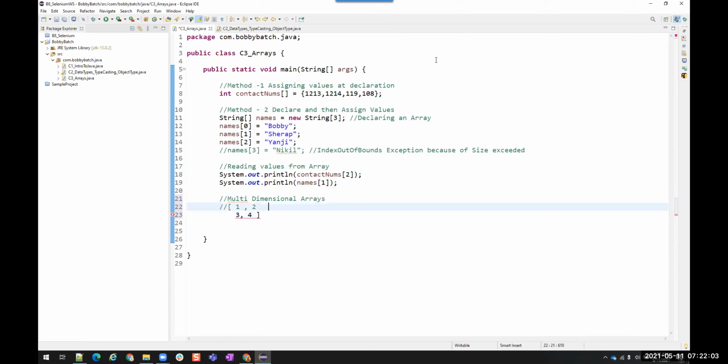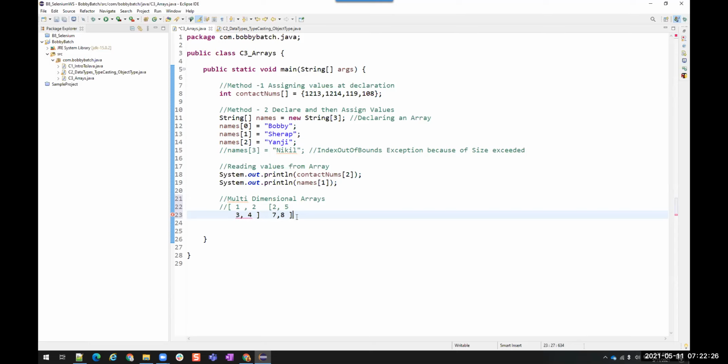Then you'll have another matrix, 5, 7, 8. Did you see these kind of matrices? We learned it, right? Addition of matrices, multiplication of matrices.